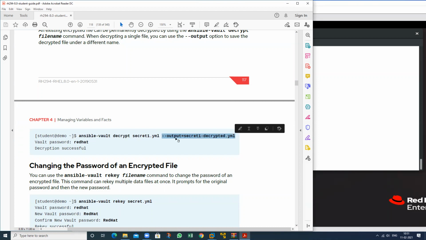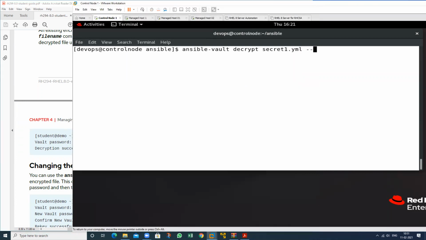So just type hyphen output, then type the name of the particular file. Just type here hyphen output, and which is my file? This is my file, and I want to type the decrypted file name.